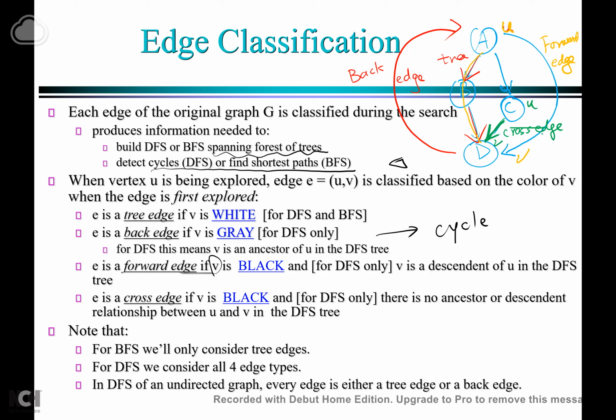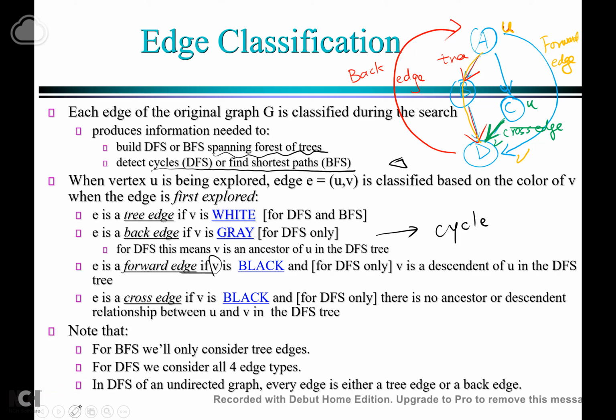So this is called a cross edge. The cross edge crosses different branches. This edge connects the different branches. That makes sense. For BFS, we will only consider 3 edge types,